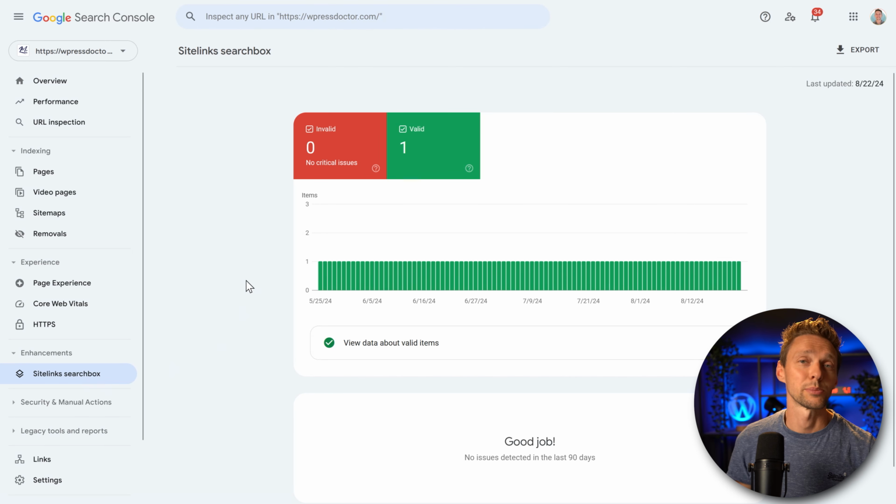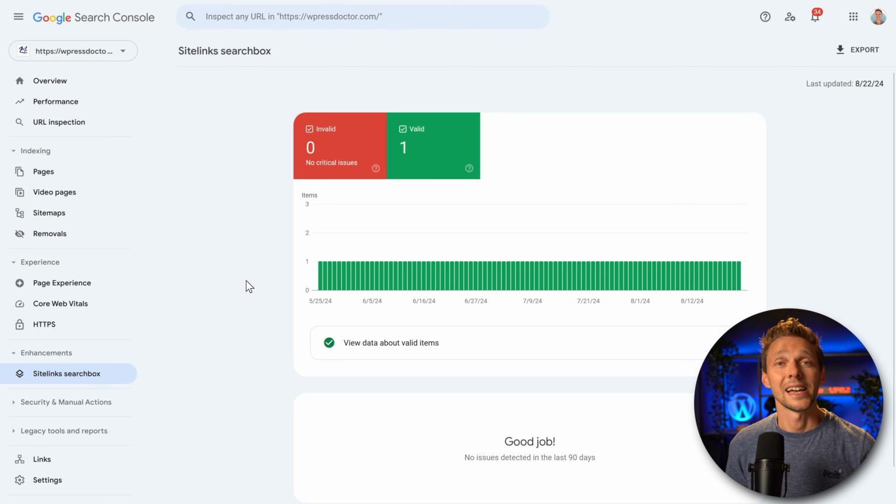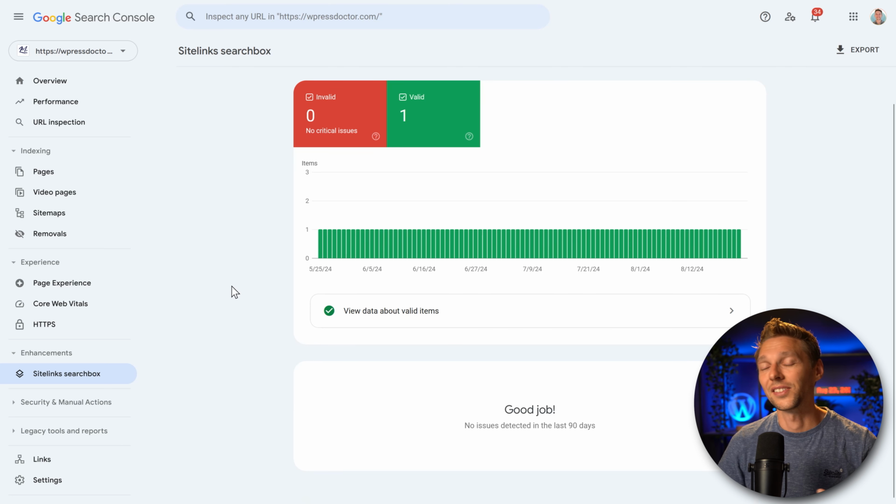If you have, for example, a big e-commerce website and people can search through your items, then Google might find it useful for their visitors to just add in a site search box inside of the Google search results when they search on your website. It might be added, it might also not be added if Google finds that it's not that interesting. There's not very much we can do about it, but just implement it on your website and just wait until Google finds it's relevant for its search users.